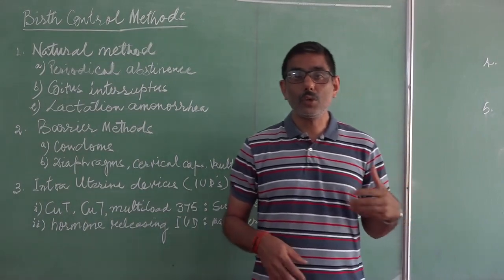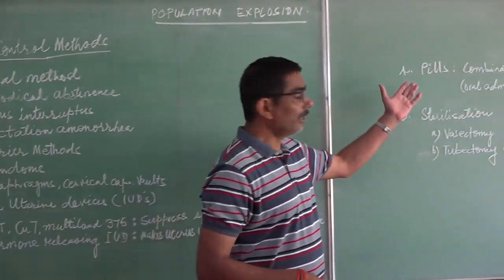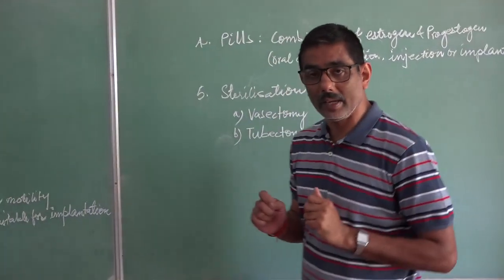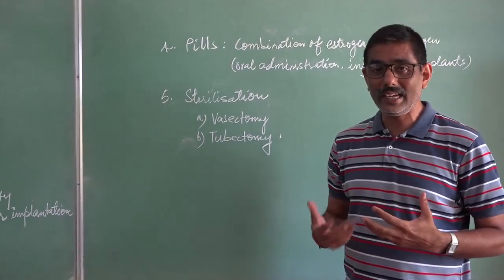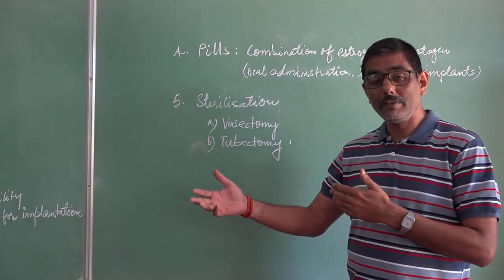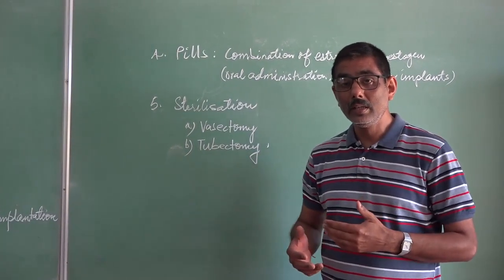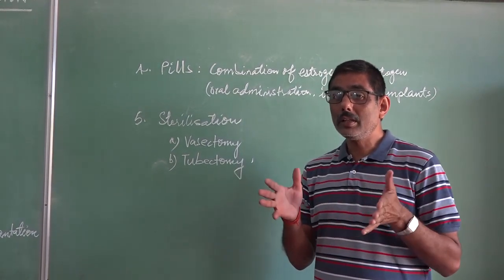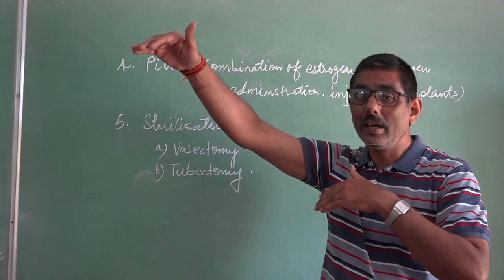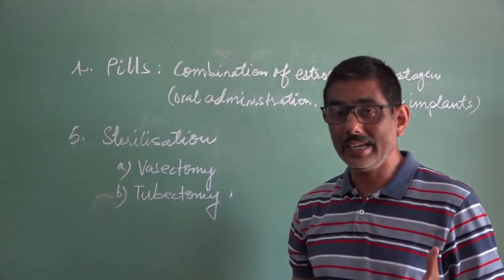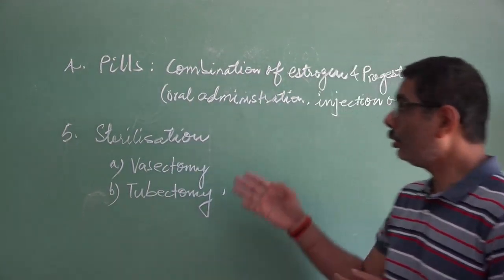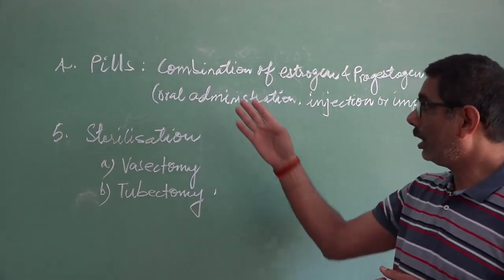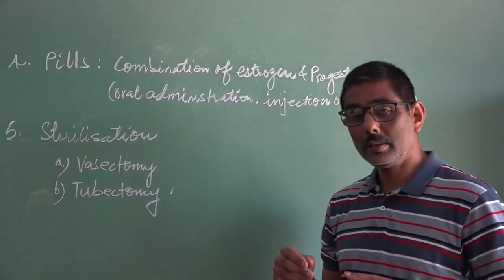The other method is called the chemical method. We can see that they are in the form of pills. Now these pills are taken by females. Now in order to ovulate, we have seen in the video that we prepared on the menstrual cycle, the role of estrogen, the role of progesterone. You see that when the progesterone level is pretty high, then the ovary does not release any egg. No ovulation takes place. So the pills, they are taken either orally, because they are combinations of estrogen and progesterone,